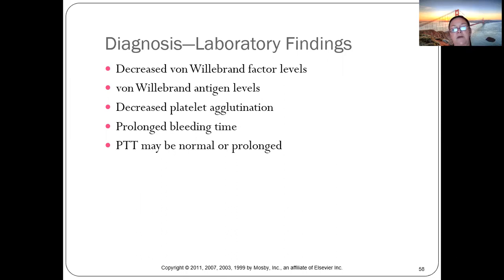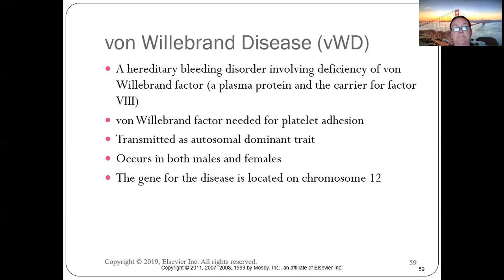Again, the diagnosis is going to be with a decreased von Willebrand factor. Their PTT may be normal, the platelets may be normal, but they're going to have a prolonged bleeding time. Von Willebrand disease is a hereditary bleeding disorder, kind of like